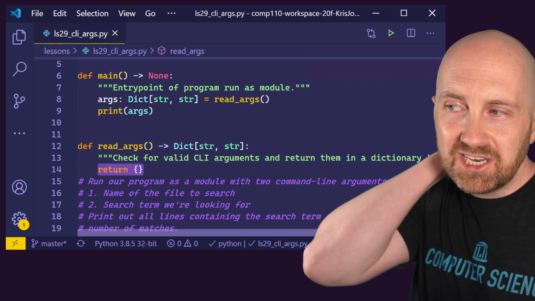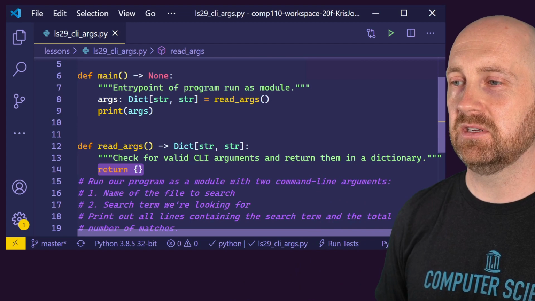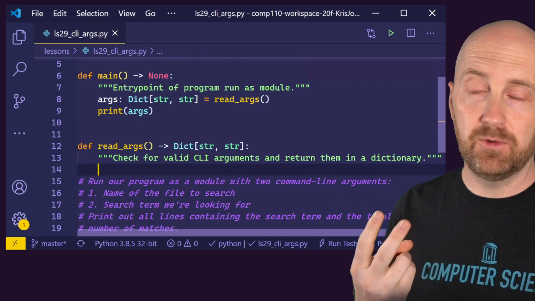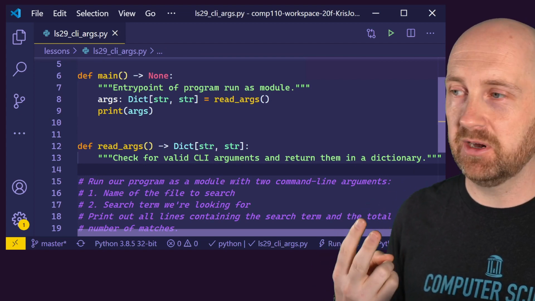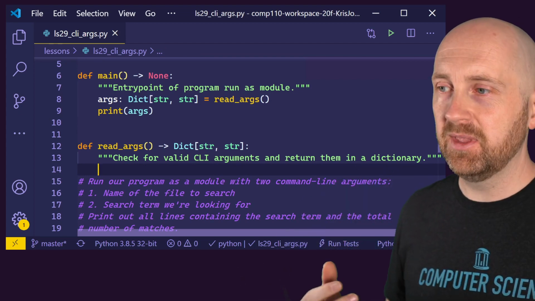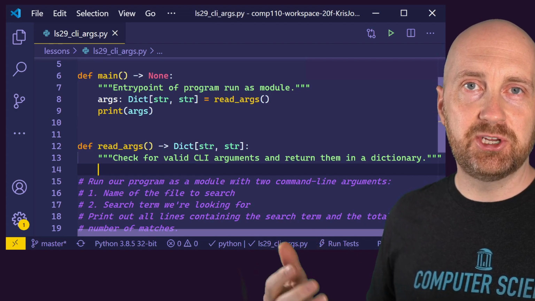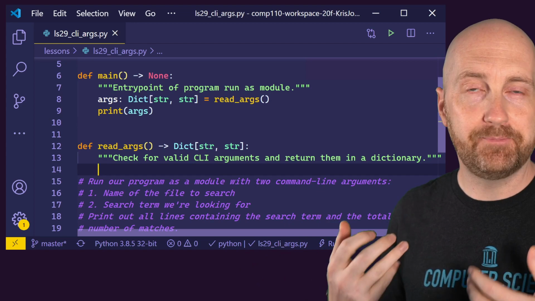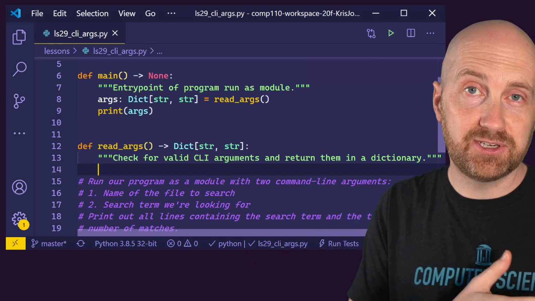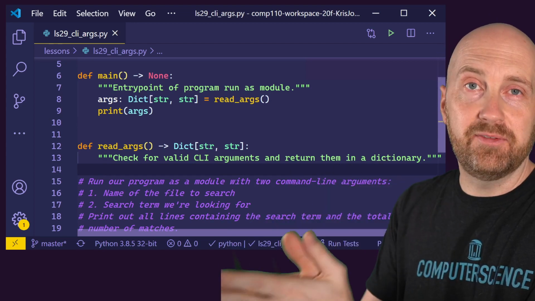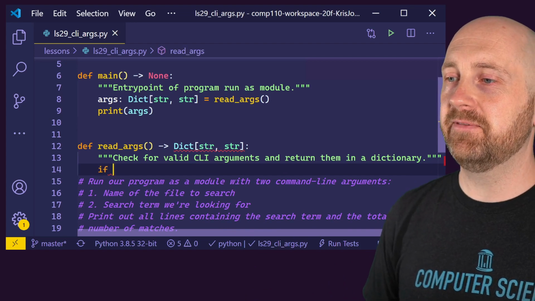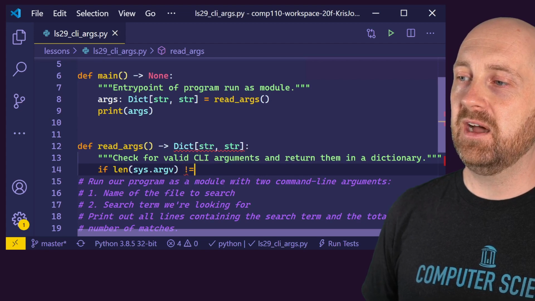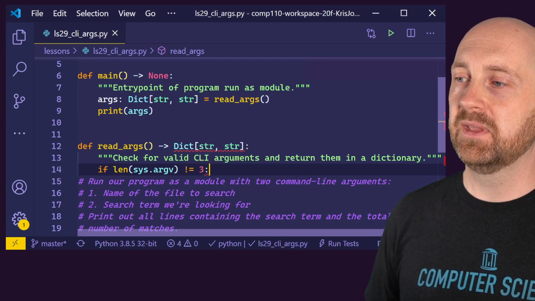And before testing that out, let's just go ahead and complete the implementation of read_args. So we need to check for valid command line interface arguments. We can test the list. If we know that this program needs exactly 2 arguments, we want the file name and the search term, then we can check to be sure that sys.argv has a length of 3, because remember that index 0, the very first argument, is the file name of the program we're running. So we can say if the length of sys.argv is not equal to 3, then what we'll do